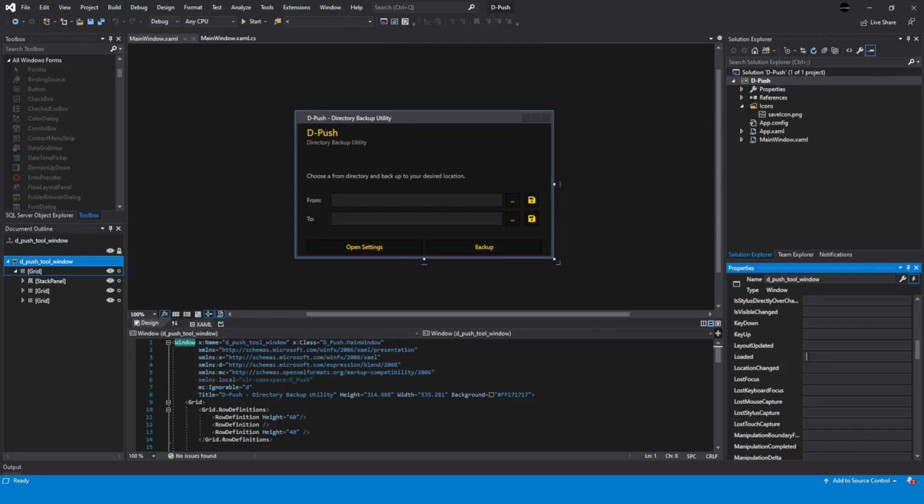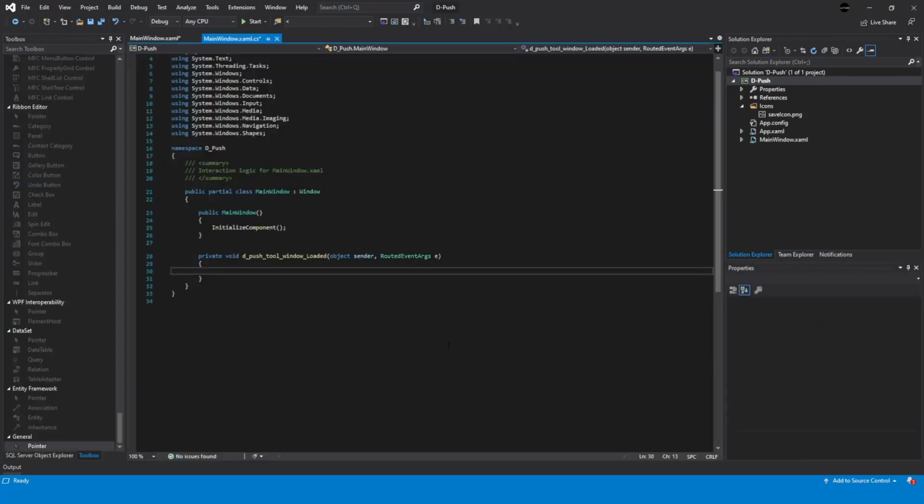Then if you double click inside that, this will open up our code and create a stub for us, and we'll put our code inside here. I want to comment it as we go along, to make it nice and neat. So we want to create or load our settings,